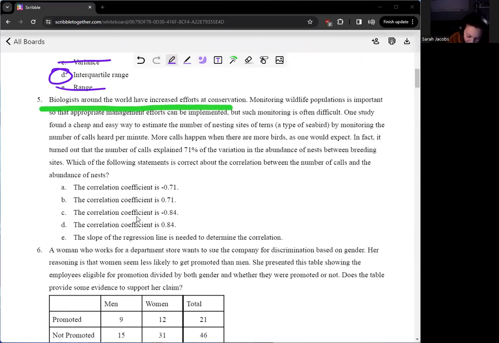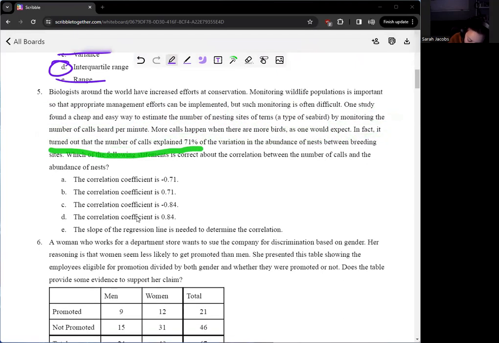Biologists around the world have increased efforts at conservation. Monitoring wildlife populations is important so that appropriate management efforts can be implemented, but such monitoring is often difficult. One study found a cheap and easy way to estimate the number of nesting sites of terns, a type of seabird, by monitoring the number of calls heard per minute. More calls happened when there were more birds, as one would expect. In fact, it turned out that the number of calls explained 71% of the variation in the abundance of nests